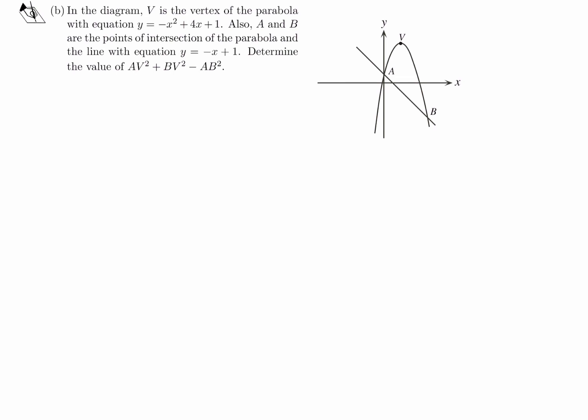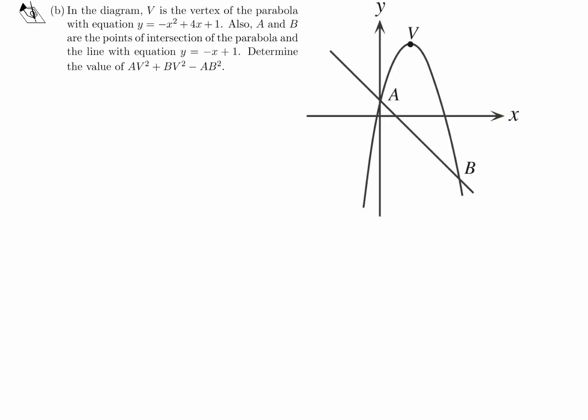In the diagram, V is the vertex of the parabola with the equation y equals negative x squared plus 4x plus 1. Also, A and B are the points of intersection of the parabola and the line with the equation y equals minus x plus 1. Determine the value of AV squared plus BV squared minus AB squared. Okay, so